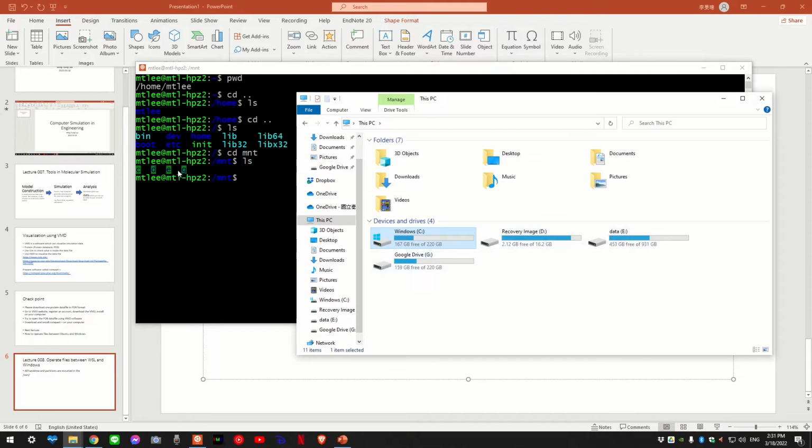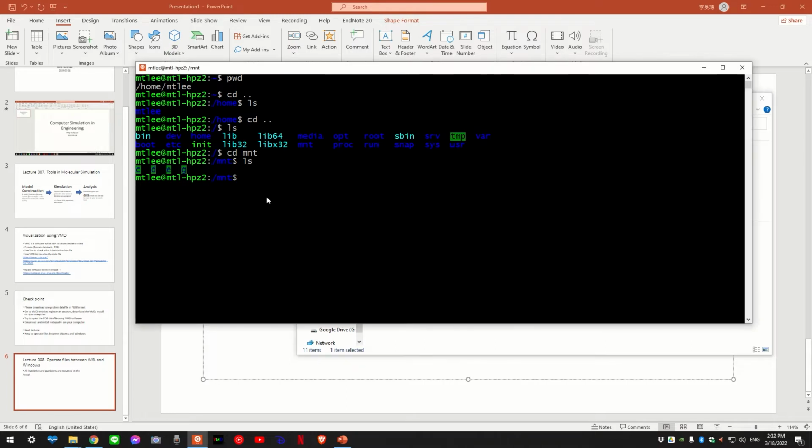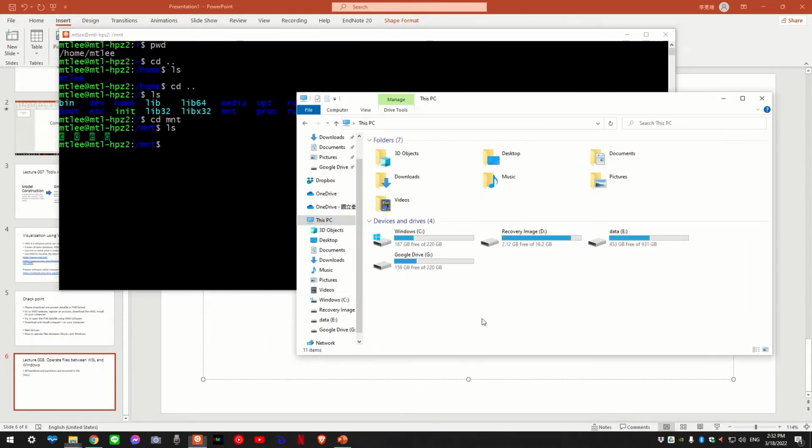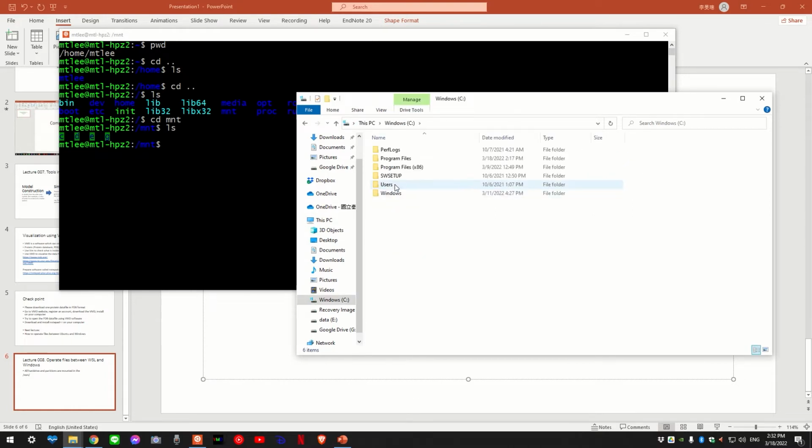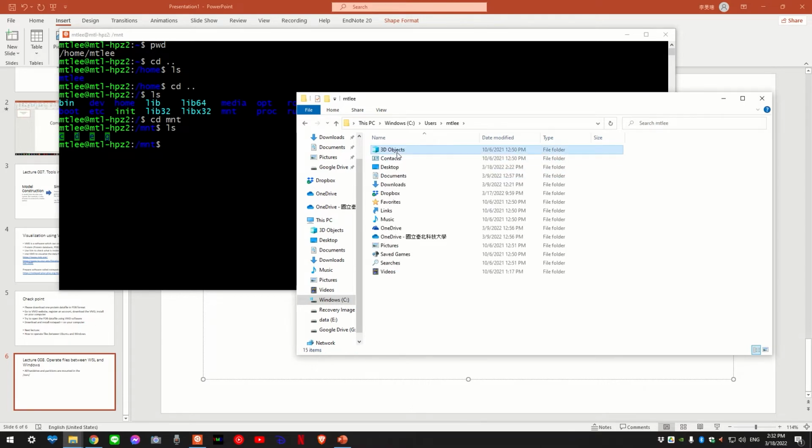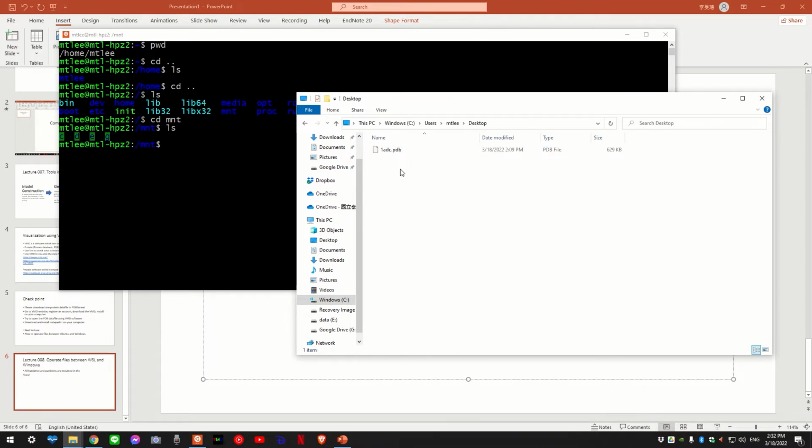And 4 partition here, right? So these are linked. This is not a real location, but you can access these through this terminal, all right? So say I want to go to the desktop, okay? But you need to first know where the desktop is. You need to know the path, right? So in Windows System, usually this is in C, Users, the username, and the desktop, right?